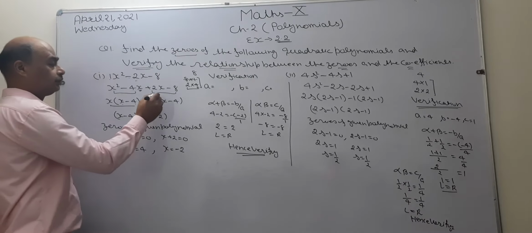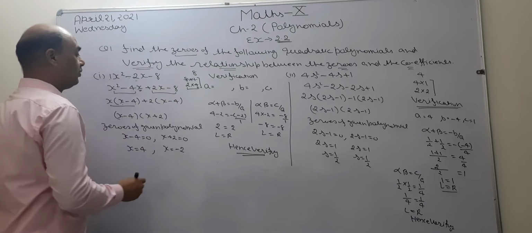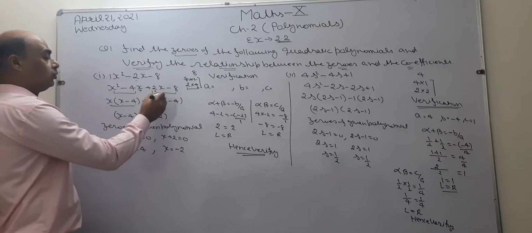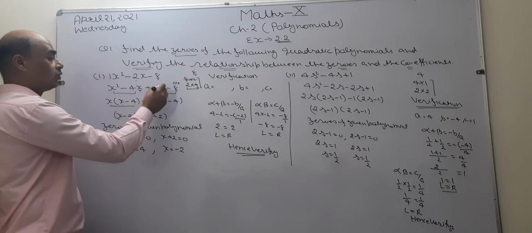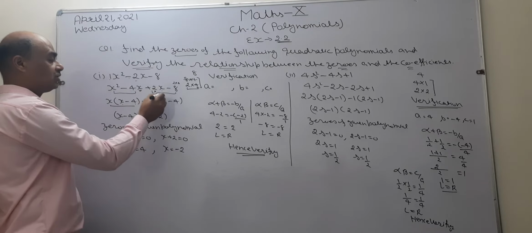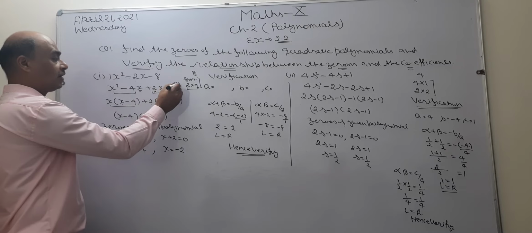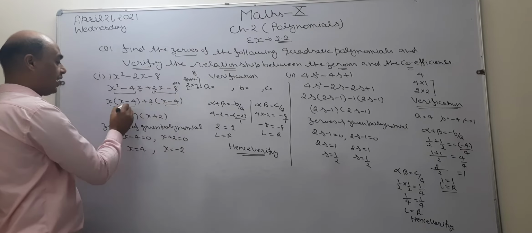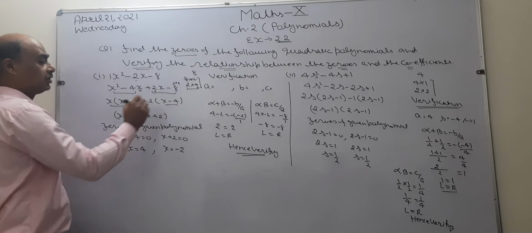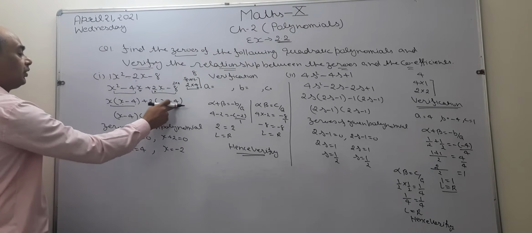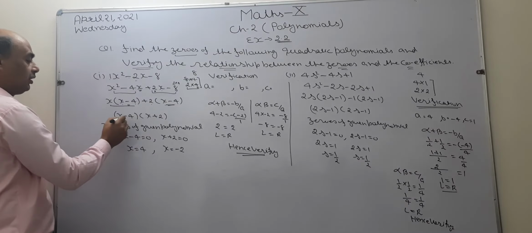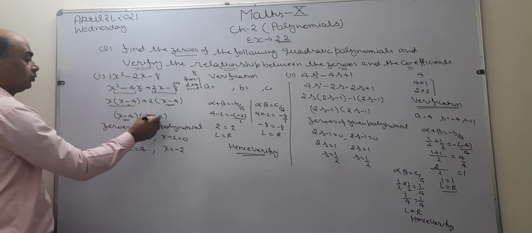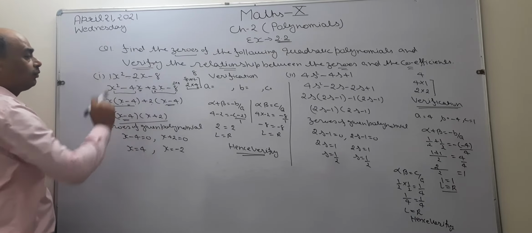Now I am going to take common between the last two terms. What is common? 2. And this can be written as 2 into 4. It means 2 is common. I am going to take 2 common. When I take 2 common, what is left? X. When I take 2 common, what is left? 4. So this becomes 2 into x minus 4. Now see, what is common between these two? X minus 4 and x minus 4 is common. I take this common. X minus 4, what is left? X plus 2. Now these are the factors of the given polynomial.